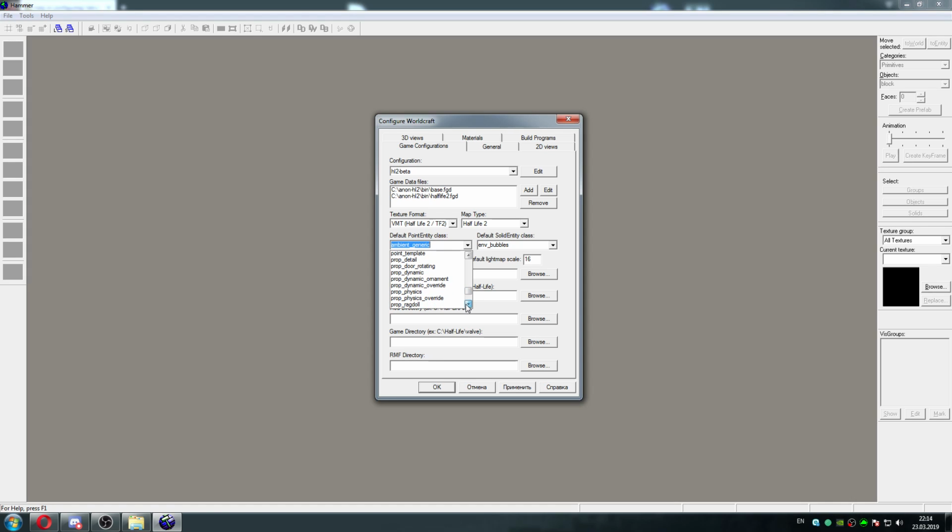Here we will find it, and func_detail as the default solid entity class. Now we need to choose a default texture scale, and usually everyone chooses 0.25, and as light map scale,